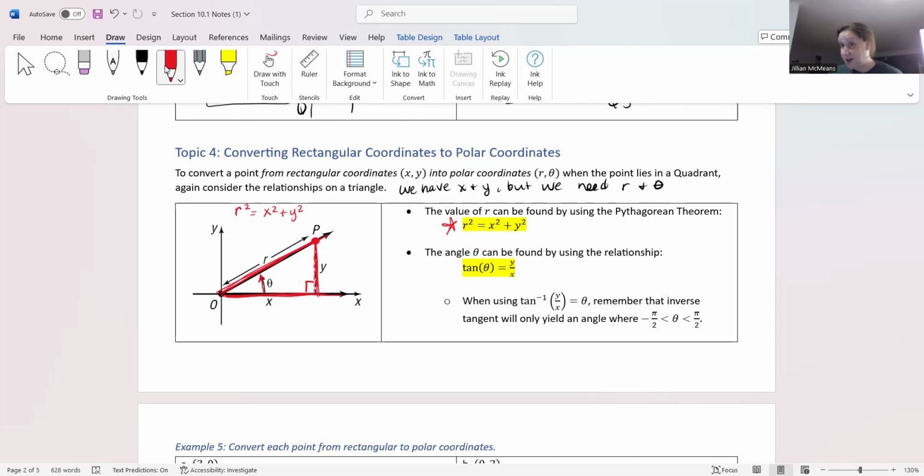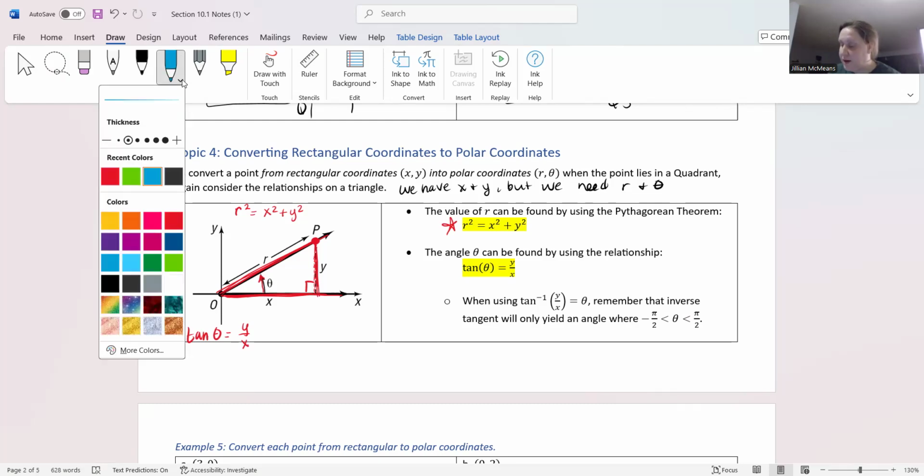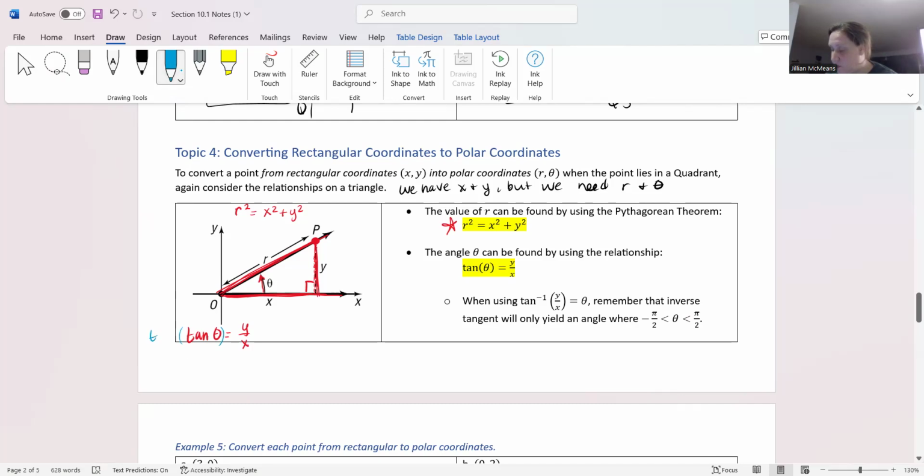So we need to find what theta is, and we do have this relationship with tangent. We know that tangent of some angle theta is always going to equal the side opposite theta divided by the side adjacent to theta. So in this little triangle, that would be y over x. Well, that's fantastic. We have a y, we have an x. This is great. But what we need is theta. We don't have theta. And in order to use this, we would need tangent of theta. But the great news is we understand how inverse trig functions work. So if I were to very conveniently take tangent inverse of both sides,